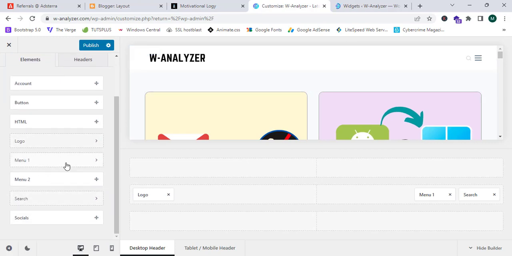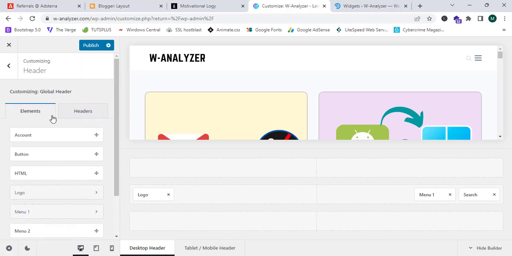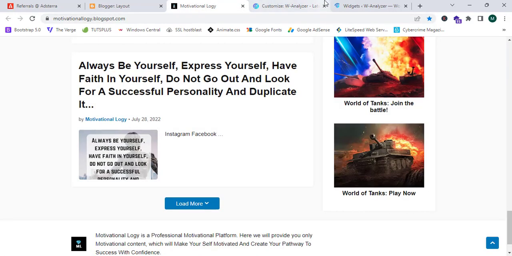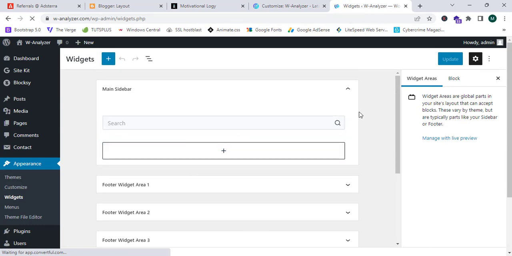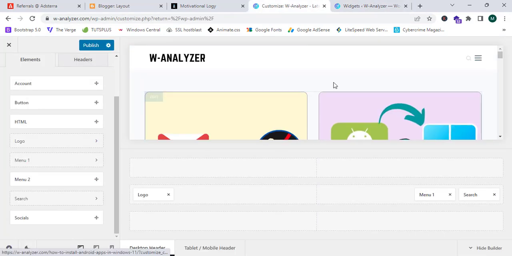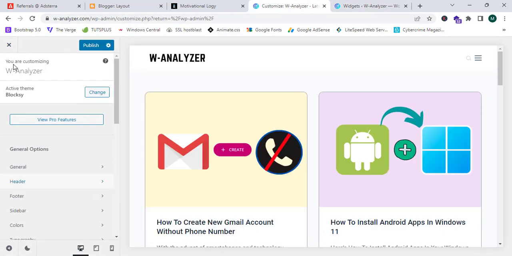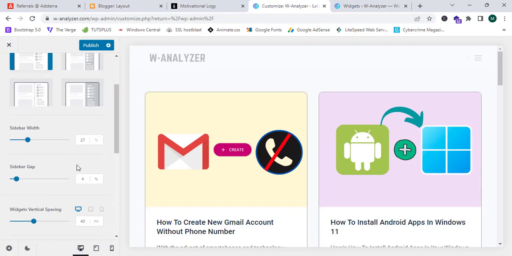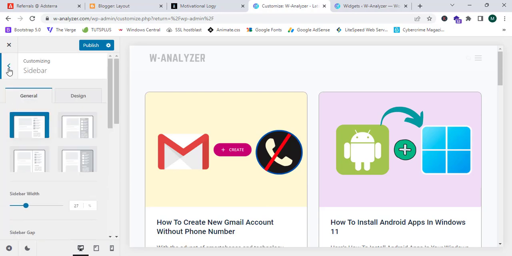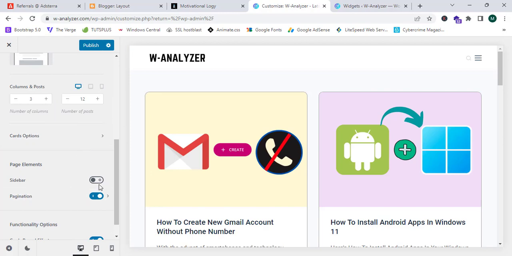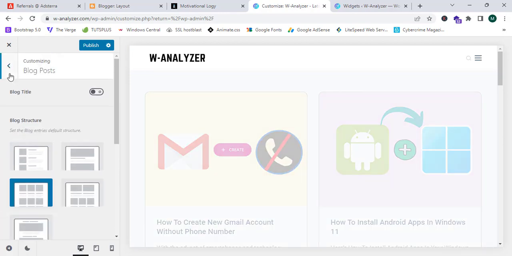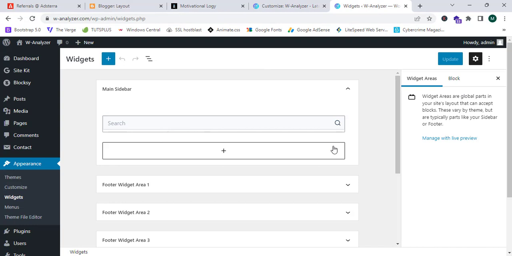So I'll create a menu, I can simply create a widget in the sidebar too. So now I'll try to create a widget in the sidebar, and that would be more perfect than a header. So now I'm going to turn on my sidebar as it is turned off. So now I'm going to turn it on, and I'm going to go to the widget section, and I'm going